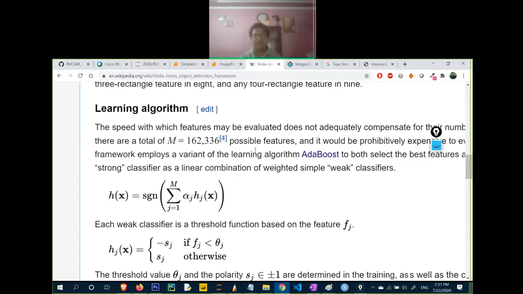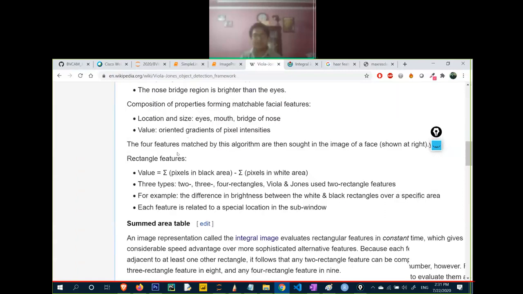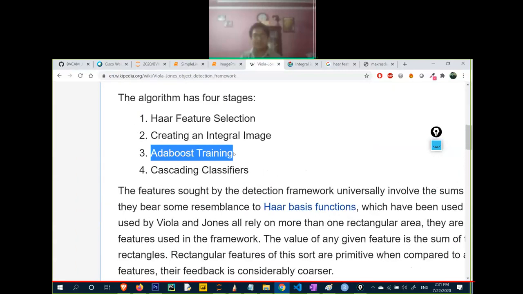Now after that, the two concepts we have are AdaBoost training and cascading classifier. Now, do you know what is AdaBoost? Any idea, anyone?